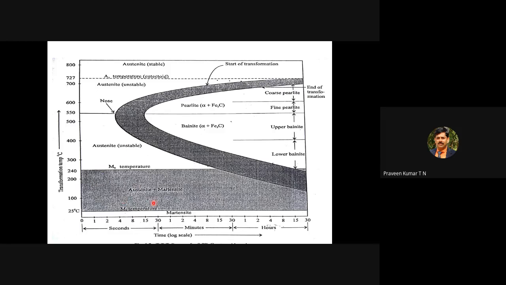We'll get one more. The non-equilibrium phase of the iron carbon system is the martensite. The bottommost region is the martensite. Now the conclusion is,